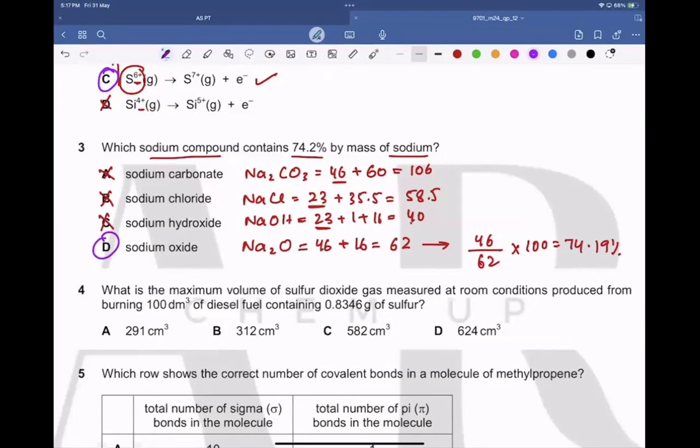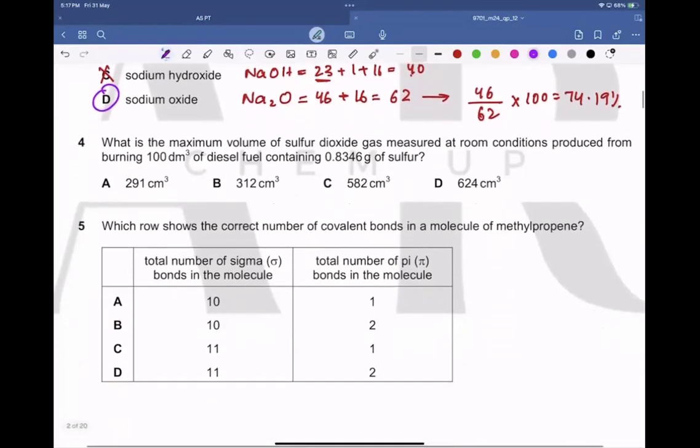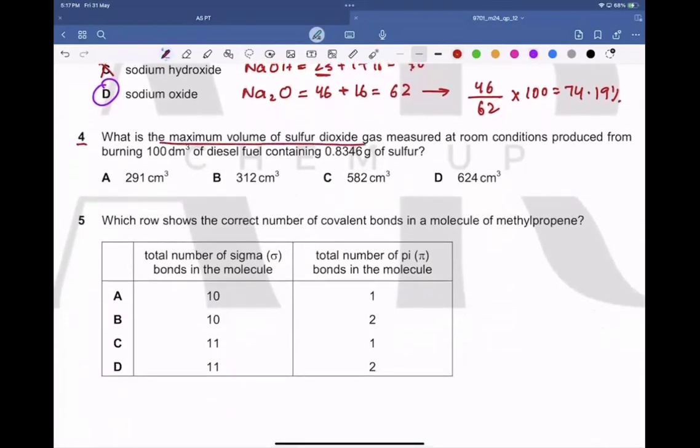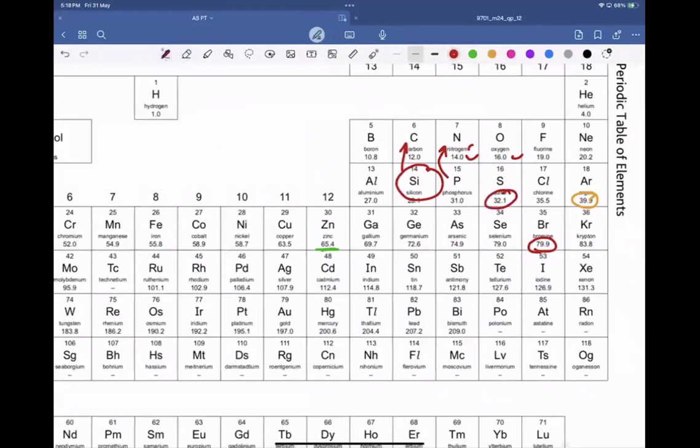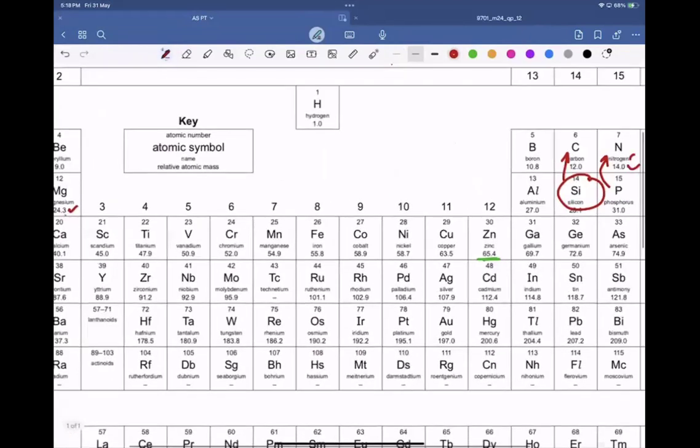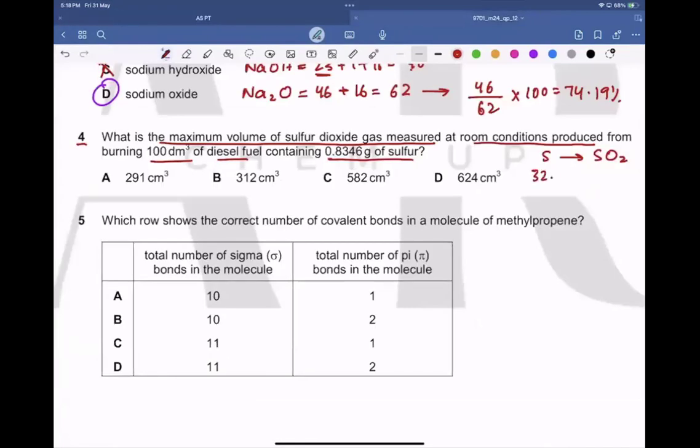Now, question number 4. What is the maximum volume of sulfur dioxide gas measured at room temperature conditions produced from 100 centimeter cube of diesel fuel containing 0.8346 gram of sulfur? Okay, so see, sulfur gives you sulfur dioxide. If you see over here, let's have a look at the MR of sulfur, which is 32.1, right? So if there is 32.1 gram of sulfur, then the sulfur dioxide is formed as 32.1 plus 32, 64.1